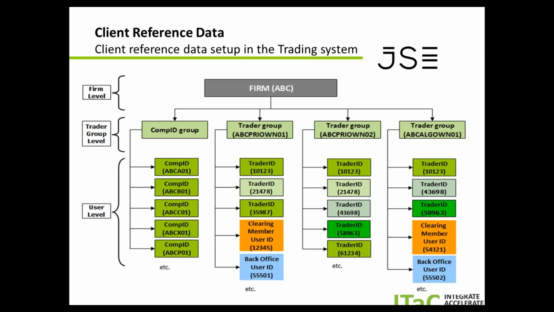And below that, you've got your trader group levels. Now, trader group levels, again, just so you understand as we go through this journey on ITaC, they are not branches. They are simply an indication for you to further group trading activity, geographical regions, anything that you really come up with from a connection perspective on your firm. So you are very welcome in your new world to go live with one trader group. We're not forcing you to have millions of them. We're not forcing you to tell us what they are there for, or exactly what they've been used for. All we need is a logical grouping of we have a firm, we have a trader group, and then